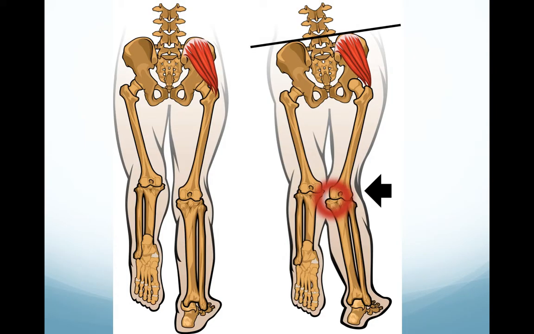Incompetent hip abductors, or external rotators, will allow excessive thigh adduction and internal rotation in single leg stance. So the example on the left is what should happen: when we lift the left leg, the right gluteus medius should contract in order to keep the pelvis level. In an example with an incompetent gluteus medius, now we can see that the muscle lengthens, it's not able to keep the pelvis balanced, and it also allows for relatively uncontrolled adduction of the thigh, which has a whole lot